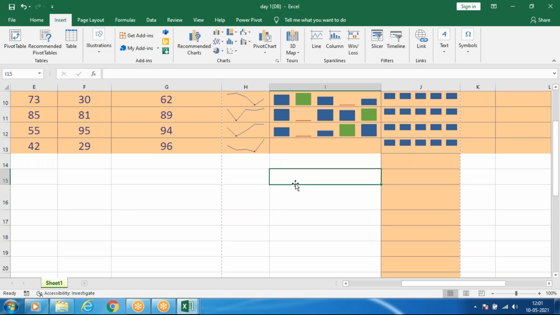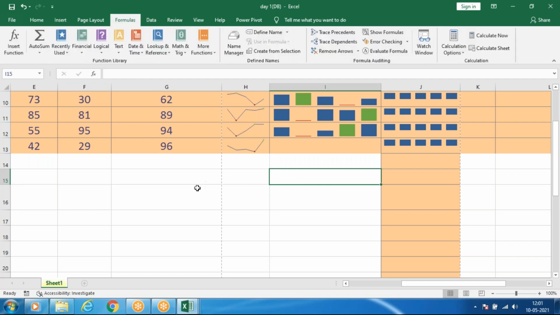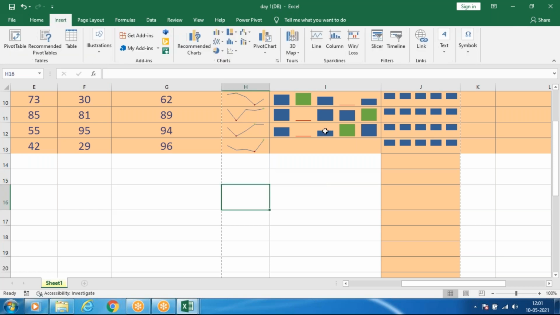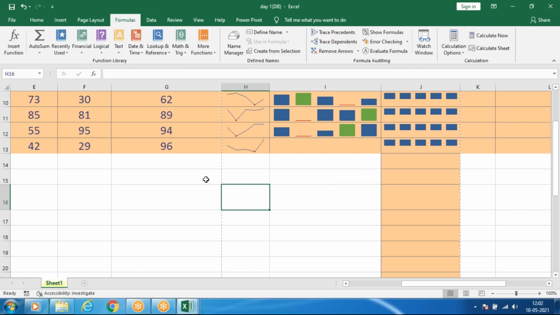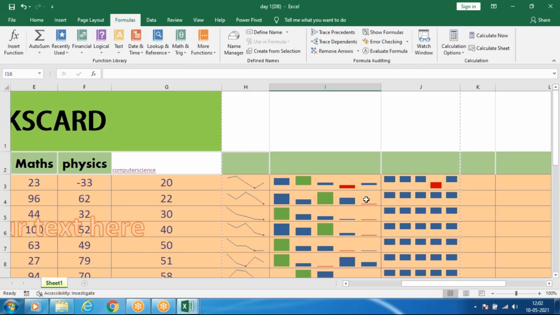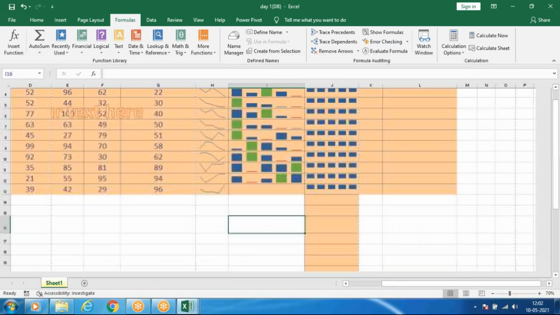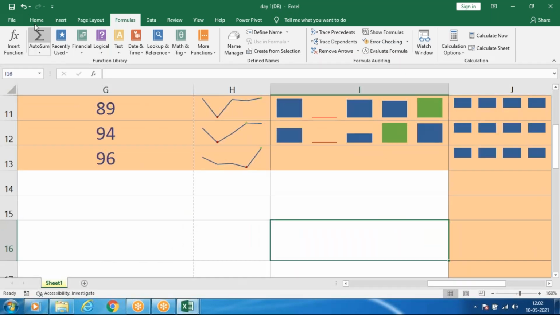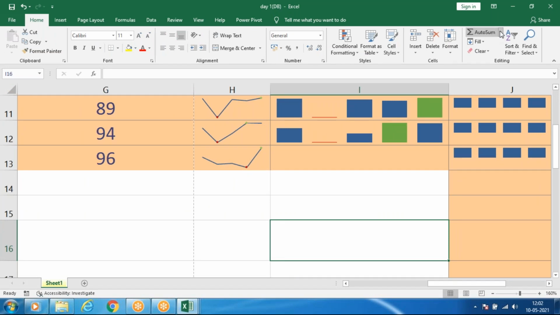Okay. Then I'll directly go to formulas, which is more important in Excel. Up to this, it is very basic. From formulas, we are going to see now. When it comes to formulas, we have already seen some formulas in the home tab only: average, count, count numbers, maximum, minimum. These are the basic formulas we have seen.